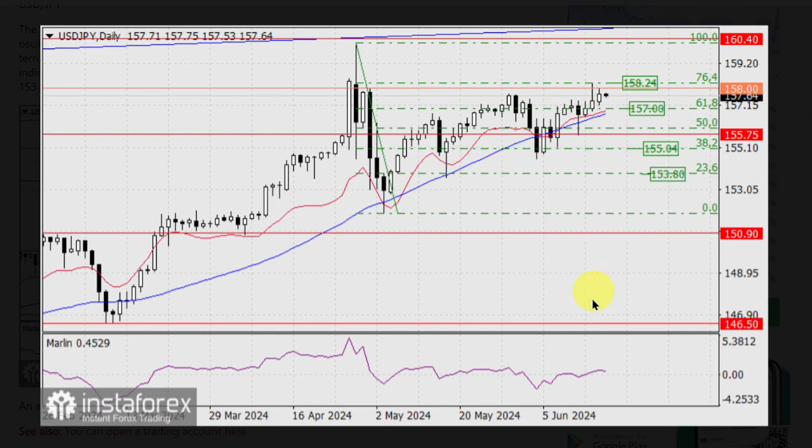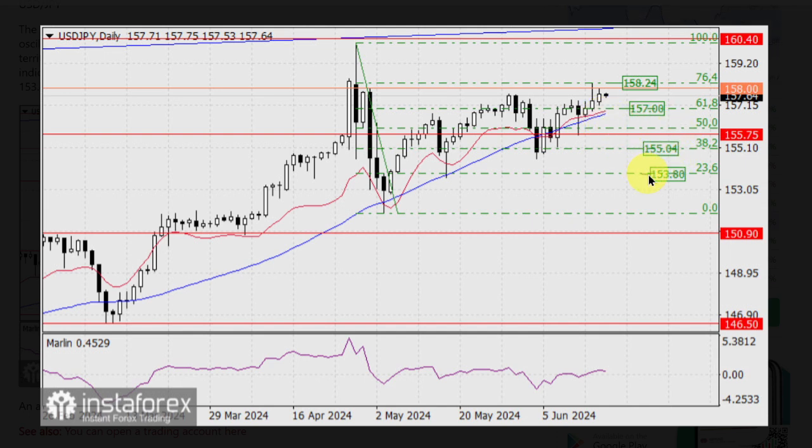The Marlin oscillator briefly stayed in the bullish territory, but now it seems that it intends to return to the bearish territory. The nearest support level is strong at the mark at 157.00, as it closely aligns with the MACD indicator line. It's the blue line on the graphic. Once the price consolidates below this level, the yen could move towards 155.04